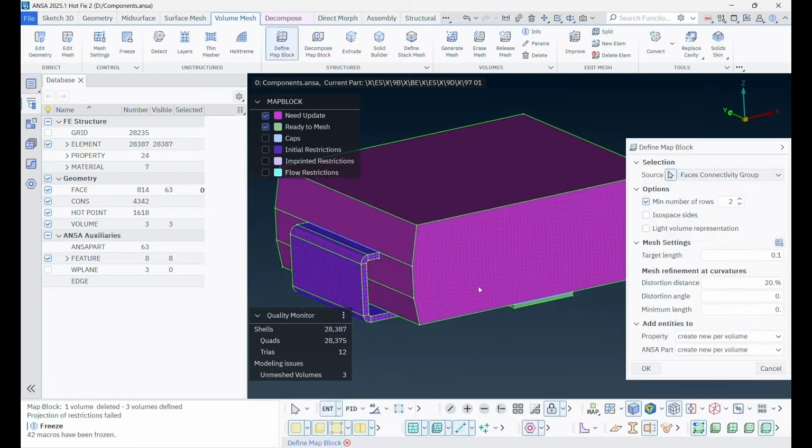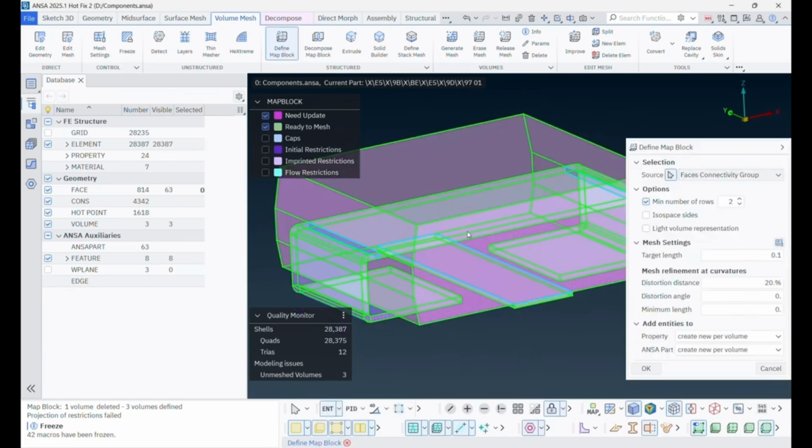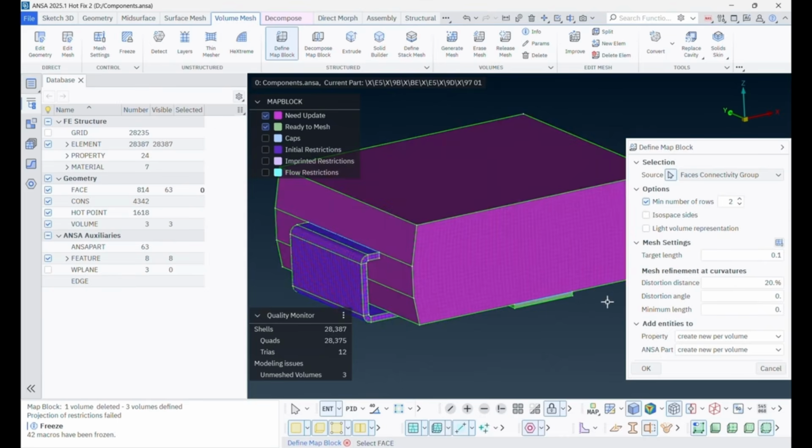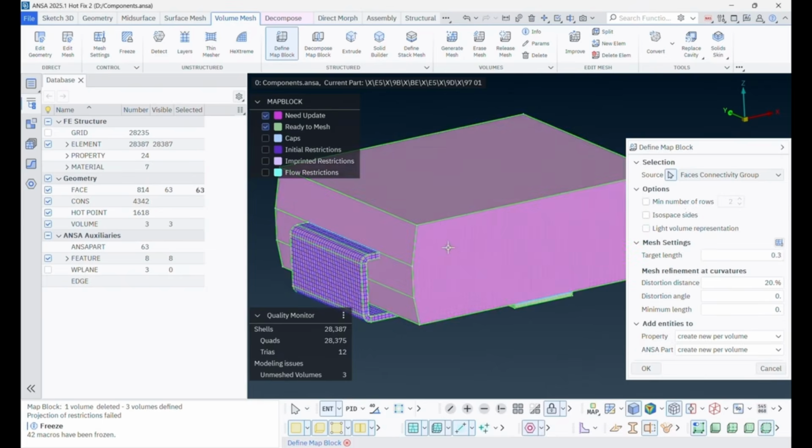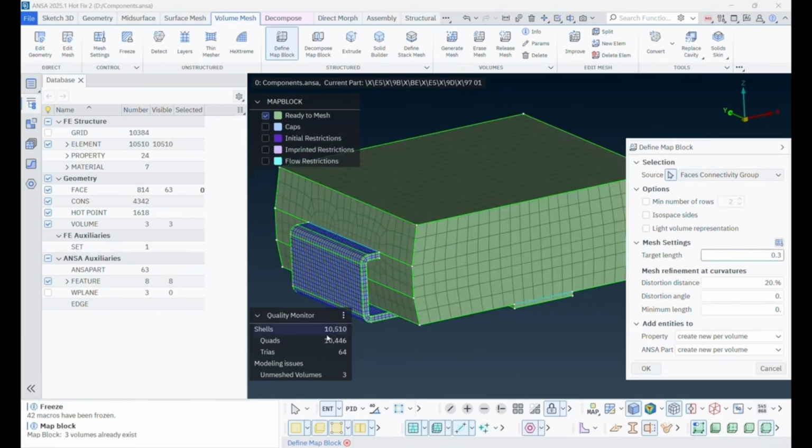If your focus is only on the pin region and there are no strict requirements for the body mesh, it can be coarsened. For example, place no specific requirement on the number of rows, moderately increase the overall size to 0.3 millimeters, and then mesh the entire model at once. This ensures the quality of the critical region while avoiding an excessive overall mesh count.